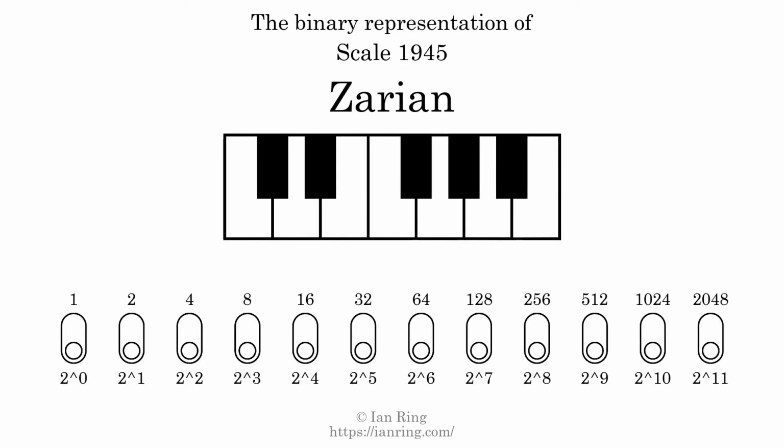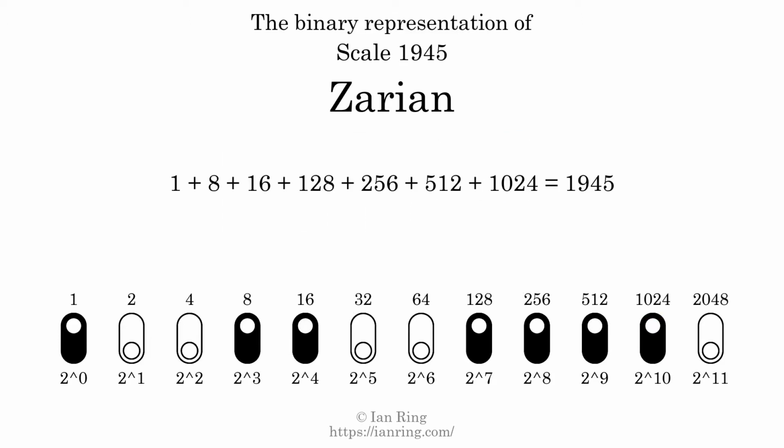The binary representation of this scale is determined by mapping tones of the scale to binary digits. Each binary digit represents a power of 2. To get the scale number, we add the powers of 2 together. The powers of 2 that are present in the scale, all added together, equal 1945. That is why the scale number, in decimal, is 1945. The scale number not only enumerates the scale with a unique index, but it also literally describes the tonal content of the scale. Represented as a binary number in base 2, the scale number is